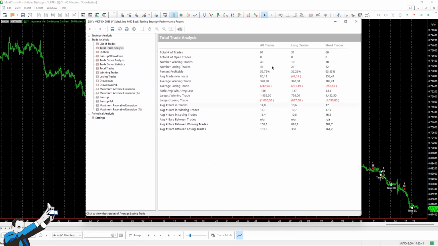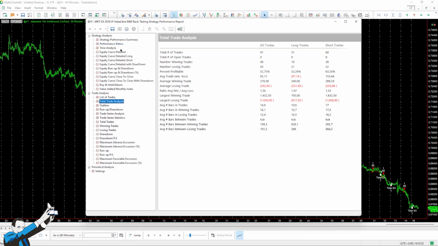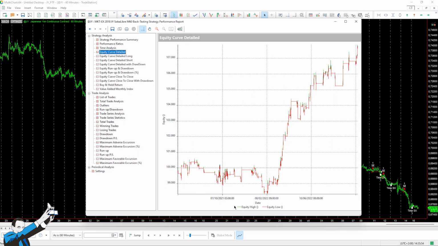In this case, the average trade is lower because the positions are closed by the end of the session, so the positions are open for less time. And again, we can see that after a bit of a sluggish end to 2021 and early 2022, the strategy has indeed picked up. And it's been fairly consistent.